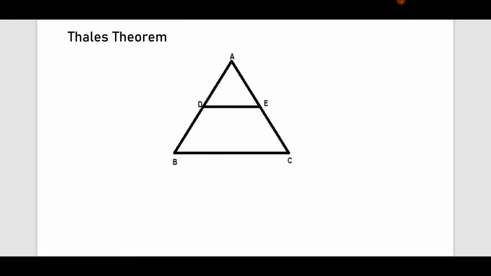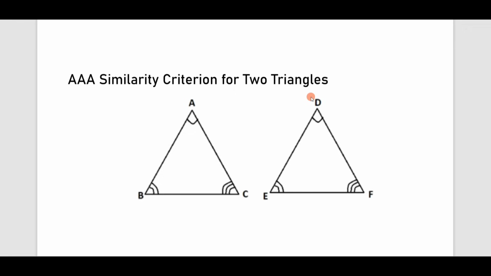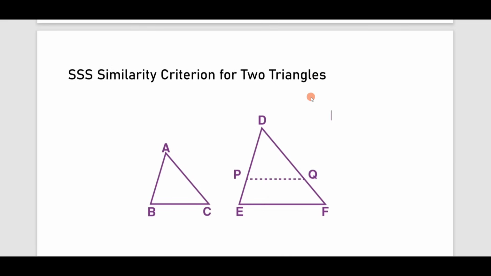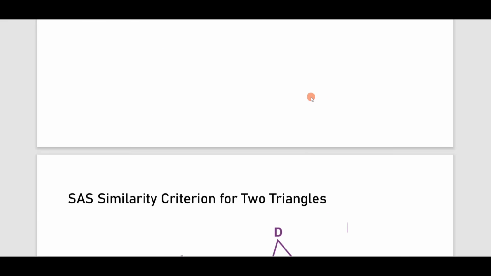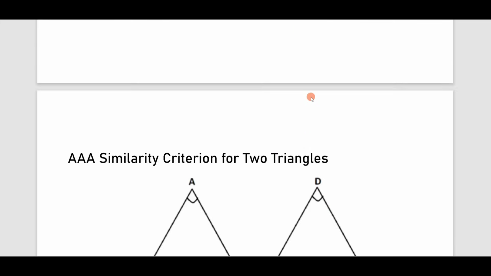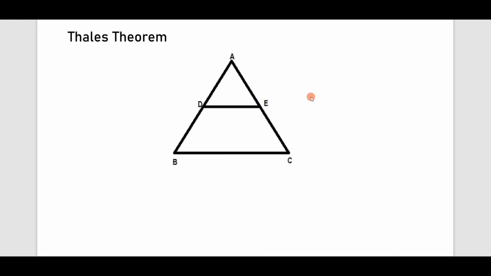Dear students, there are 4 important theorems from the unit Triangles. That is Thales theorem, the similarity criteria for 2 triangles, that is AAA criteria or triple A criteria, triple S, that is the side similarity criterion for 2 triangles. Next, SAS. There are 4 theorems. From these 4 theorems, you can expect one theorem for 4 marks,